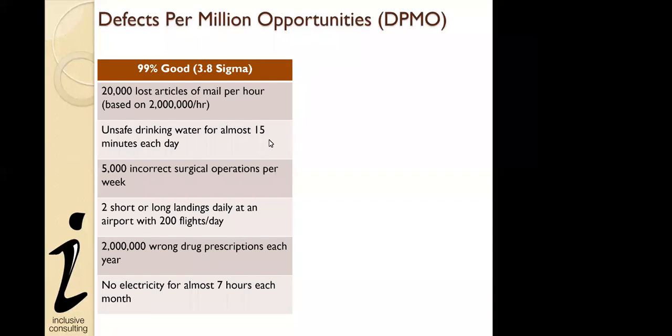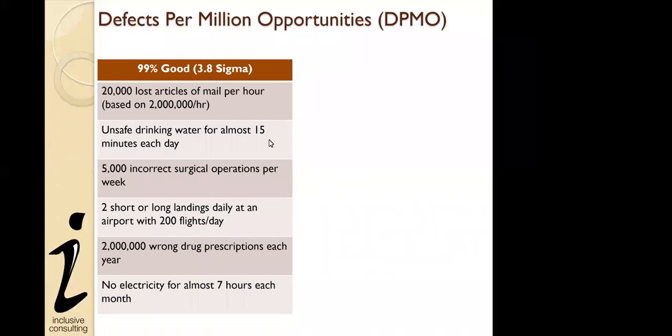In terms of airports, you have the Dubai International Airport, which is one of the busiest airports in the world. If you were having a 99% accuracy from the control towers and from the pilots and from the airline industry, that would mean 2 incorrect landings at the airport per day. Even an average airport, a Heathrow Airport, O'Hare International Airport in the US, or the Dubai Airport, has more than 200 flights per day. So with an average of 200 flights per day, that would actually mean 2 incorrect landings